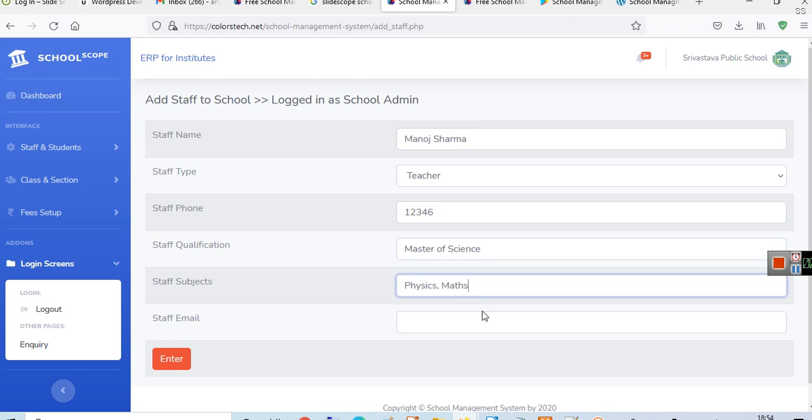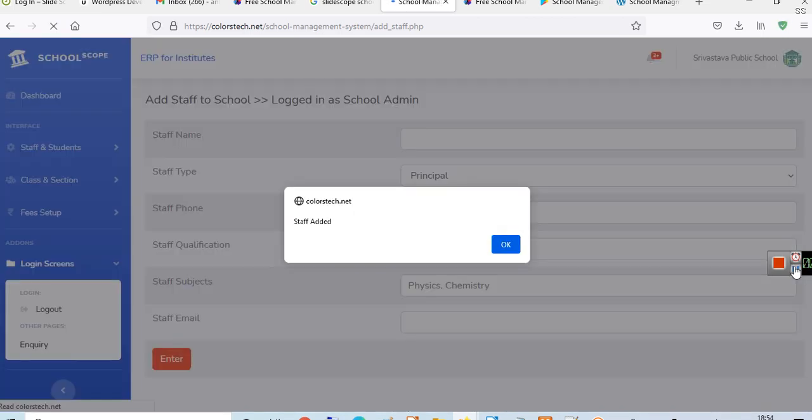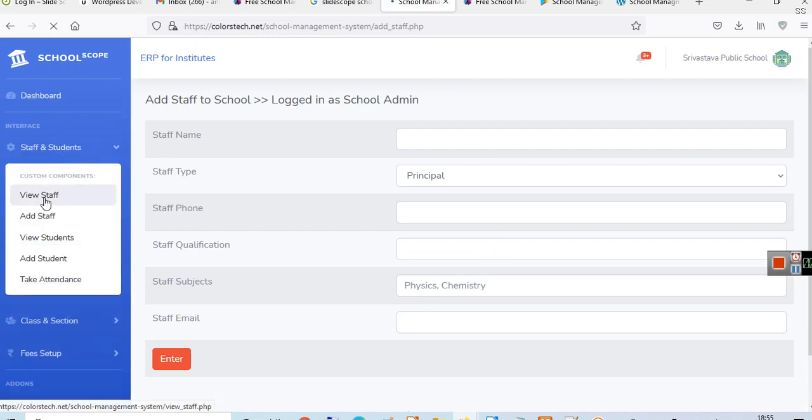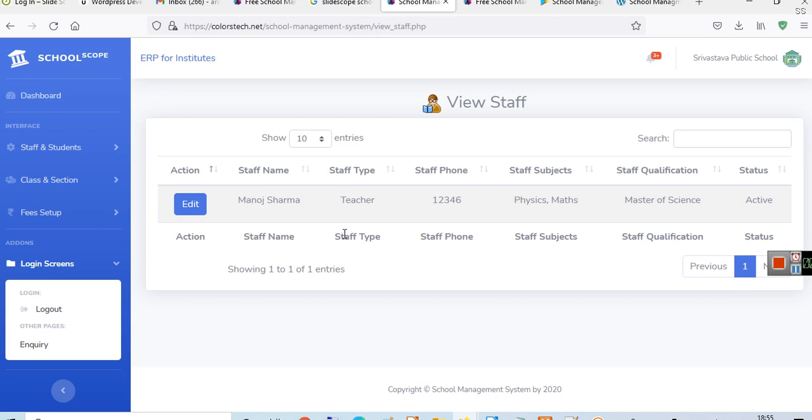Let's say this particular teacher teaches these subjects, and this is the email. So Manoj at mail.com is the mail. Now hit enter. Now the staff is added, and when you go to view staff, you will see this particular staff member.